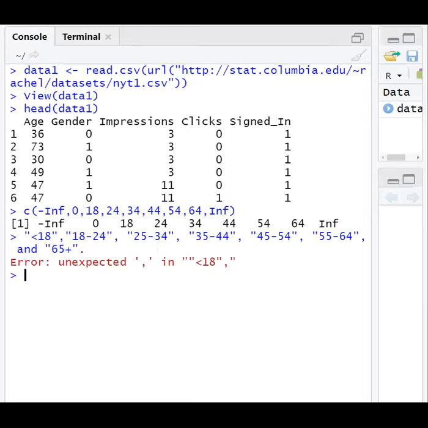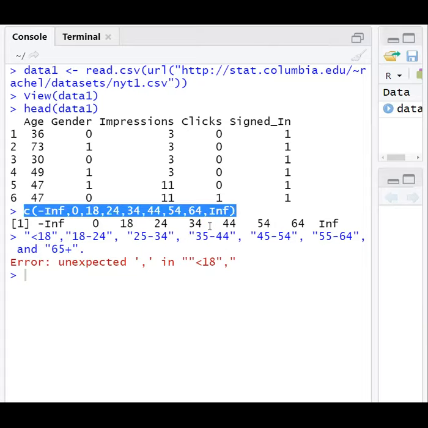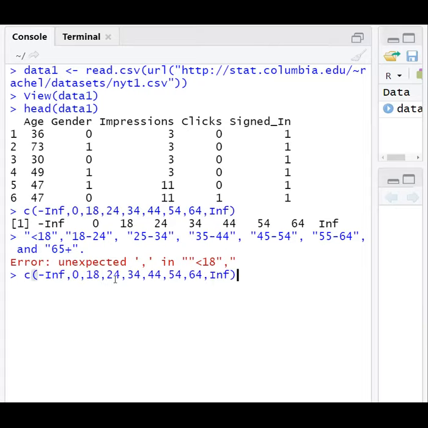In order to do that, we need this category first. In order to have this category, we'll first create a vector. So how is this vector created? What is the first category? It is less than 18, which means it must be 0 to 17.